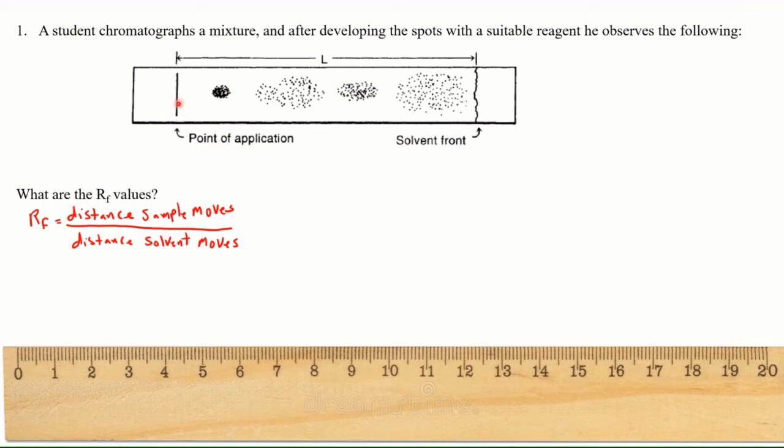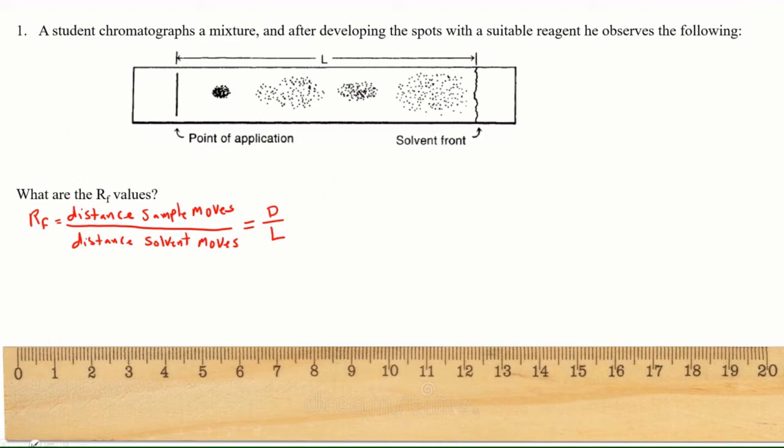So it's very easy to determine the denominator, the distance the solvent moves. We would get a ruler and we would measure from here to where the solvent front is. We will call this L. Actually in your lab manual, they have designated the distance for the sample moving to be D, and the distance the solvent moves as L. So L would be from here to here. And if we get a ruler and measure it, this is about